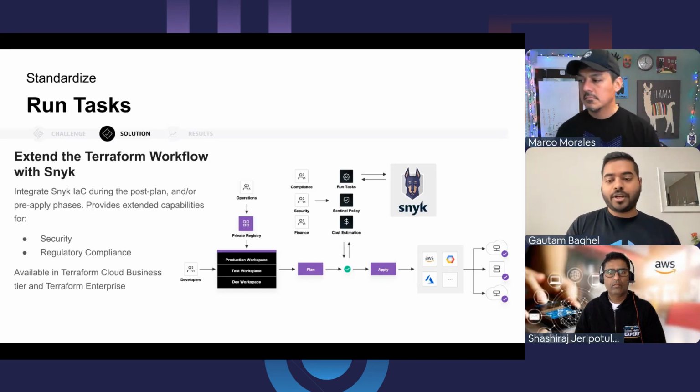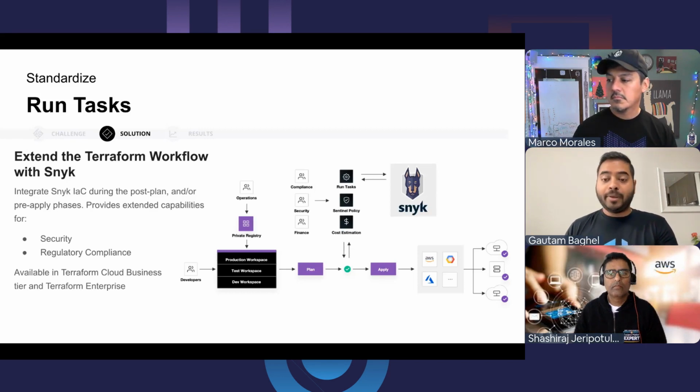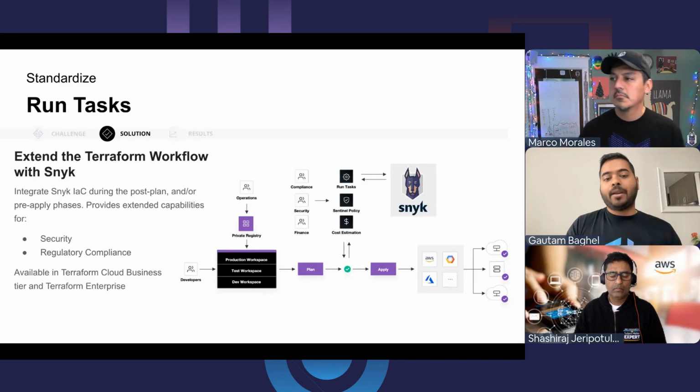Most users should have that plan capability if they are allocated to that project or workspace. But if Snyk says this seems misconfigured, they shouldn't be able to run that live in the AWS environment, which is what we're trying to do. We're trying to block that from going to plan and apply.